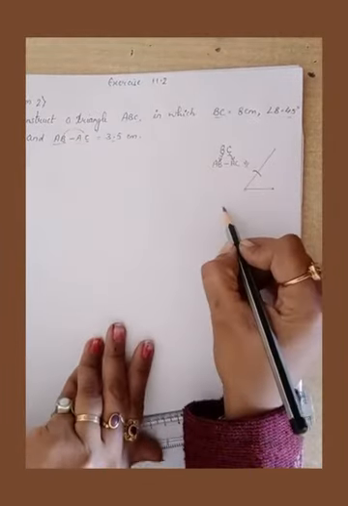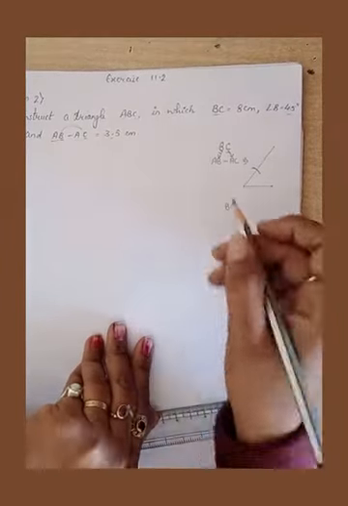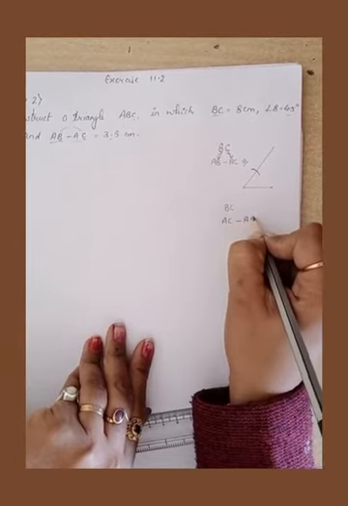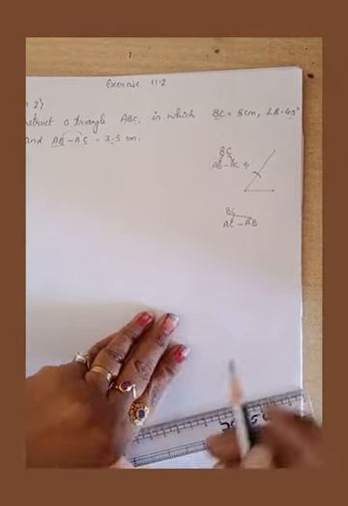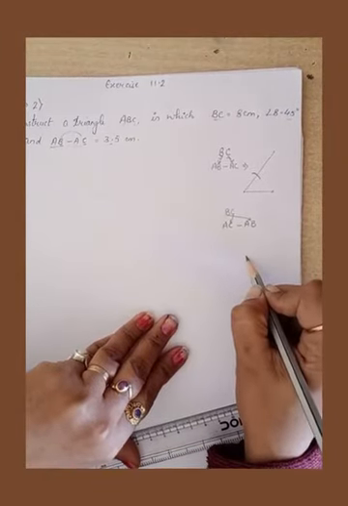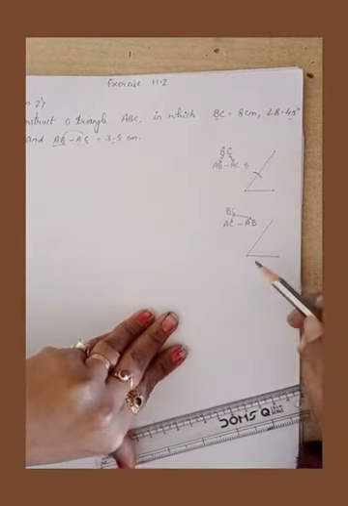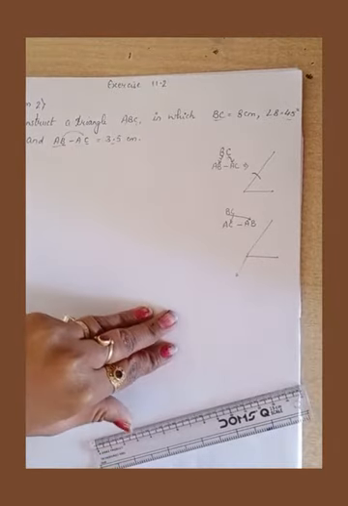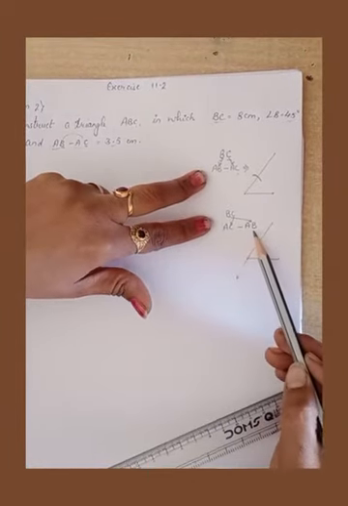But suppose we have created the base BC and the subtraction is AC minus AB, which means the sequence is reversed. C came first and B came afterwards. If the sequence is reversed, then in such a condition, after drawing the base and the angle, you have to extend the line to the downwards direction. This is the difference between AB minus AC and AC minus AB.